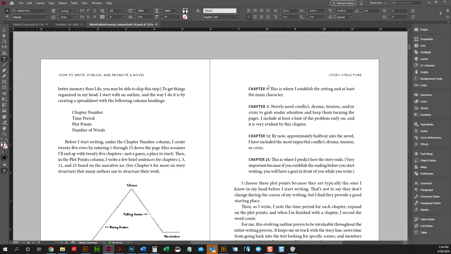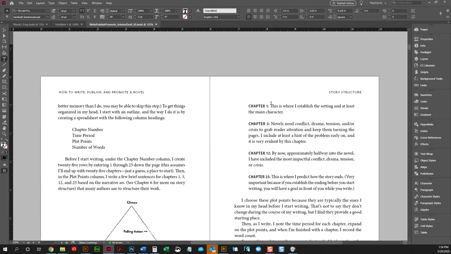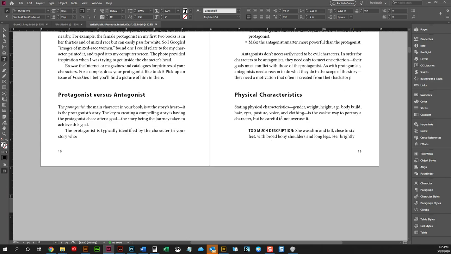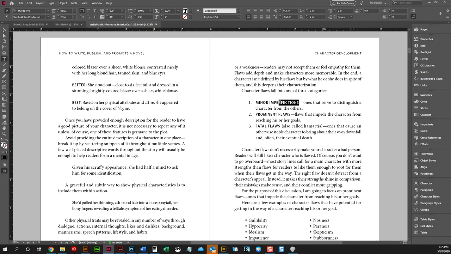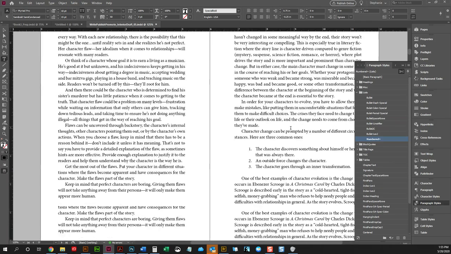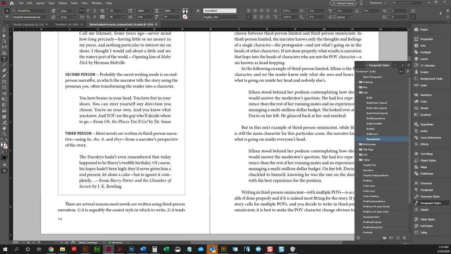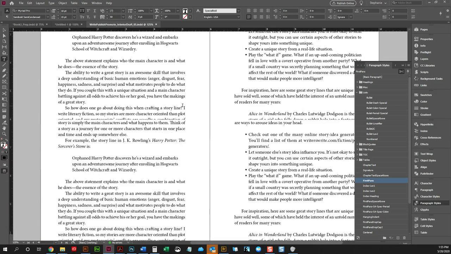So I'm going to go to a couple of other ones. Here, this one was a period, and this one has a colon. Let's quickly scroll through. Here is another one that has a colon, and then this one has an em dash. So this book, we had to create a lot of different styles